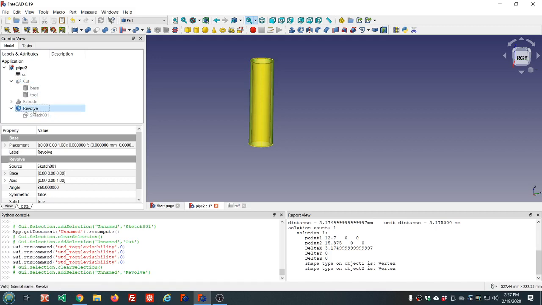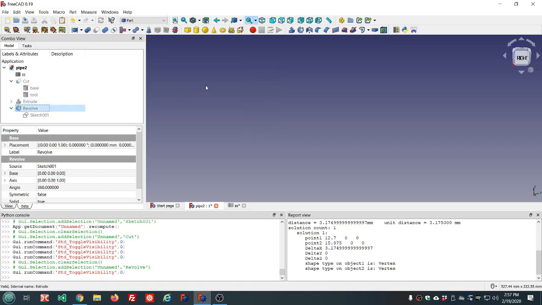So that is the revolve and the extrude techniques of creating that pipe object. We can also use sketches with the loft utility and the sweep utility, but unfortunately there is a limitation, and this video is already over 30 minutes, and I want to keep these videos in that 30-minute range or less. So maybe we'll cover these two operations later, perhaps in the next video, making the same